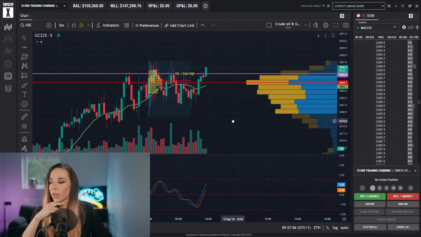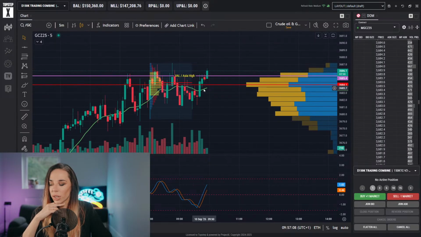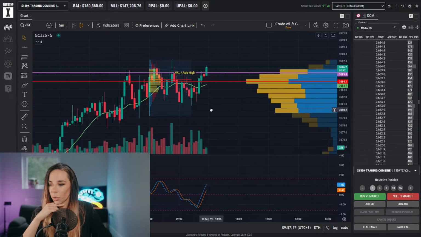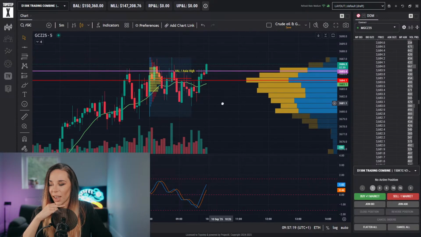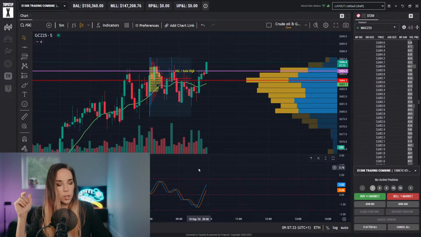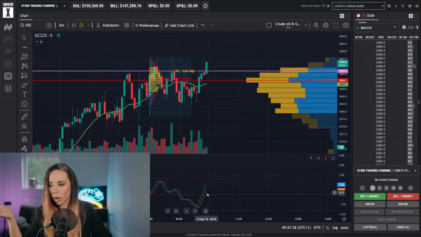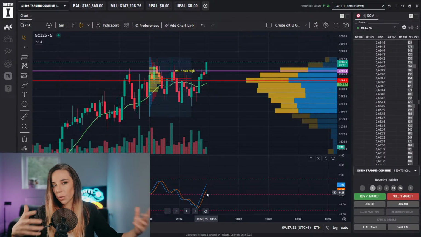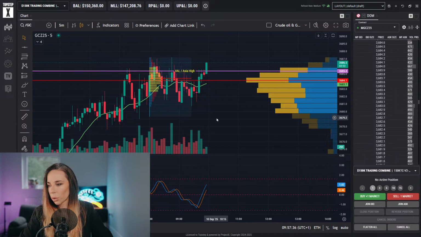So a couple of things that I need there. I need a steeper slope. So I have code that will scan for that. How that's going to work in here, I don't know. We'll see. And then I also need Fisher transform, which is this oscillator down here that I have, to be at a particular level. So we're looking for a pullback after the trend is already confirmed. So we're not fighting it, but instead we're just looking for some pullbacks to be able to get back in